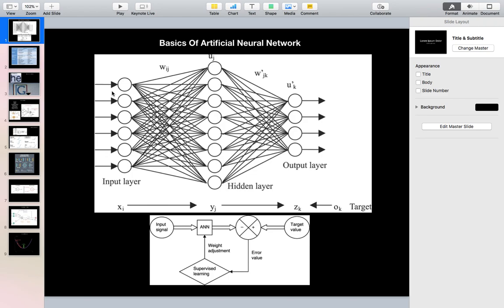So first of all, we will see why we need artificial neural networks and the basics of neural networks. Like, what is it, right? You must have seen this kind of image, with an input layer, then hidden layers, and then the output layer. So what does it do? Basically, it does nothing but compute the permutations.